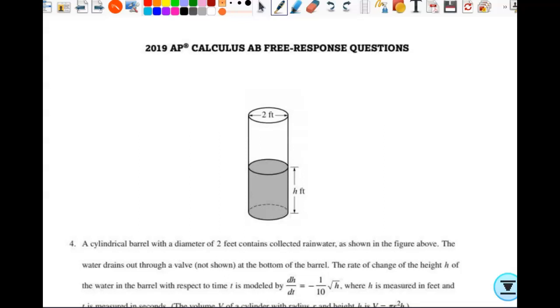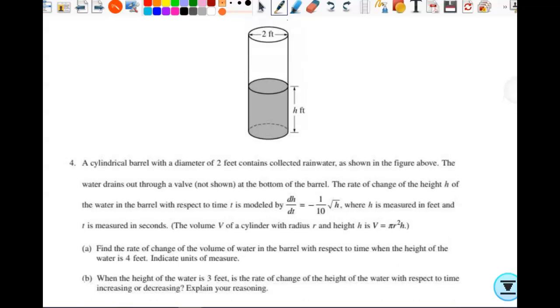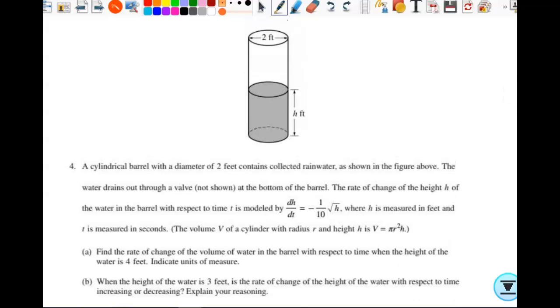All right, so let's look at this. Let's think about what we know, what we need, all that good kind of stuff. So it says that we have a cylindrical barrel. Now, hopefully you didn't just write down scribble so that I didn't yell at you today, that you actually listened,